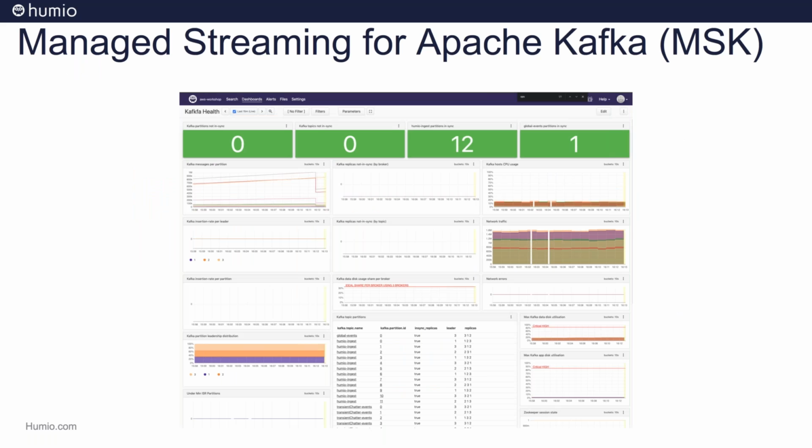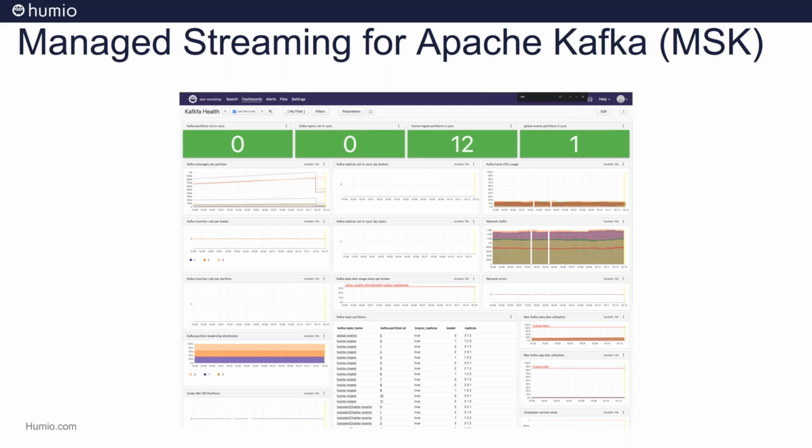The last bit of data that I'm going to discuss is Managed Streaming for Apache Kafka, or MSK. This is a view of some of our ops data. We have an ops cluster that all of our other Kubernetes clusters send data to, including ones that aren't running Humio, and this is the Kafka setup behind that. There are a lot of different sources of data for this. There's not only Prometheus metrics data, there's data coming from Humio, and there's also data coming from